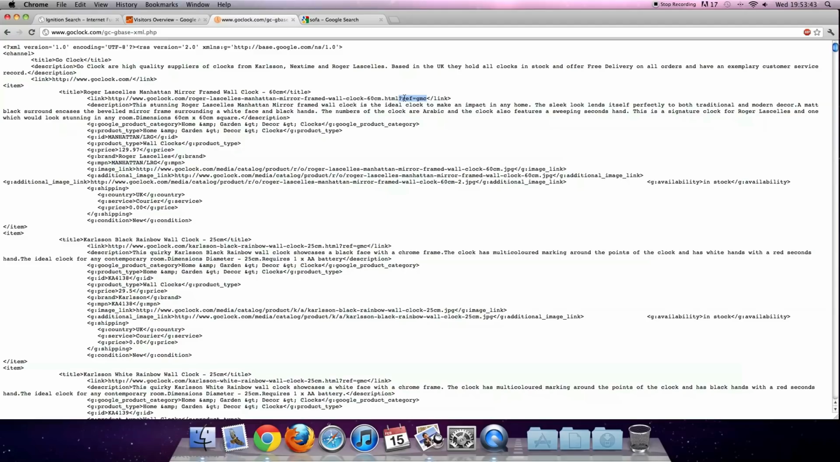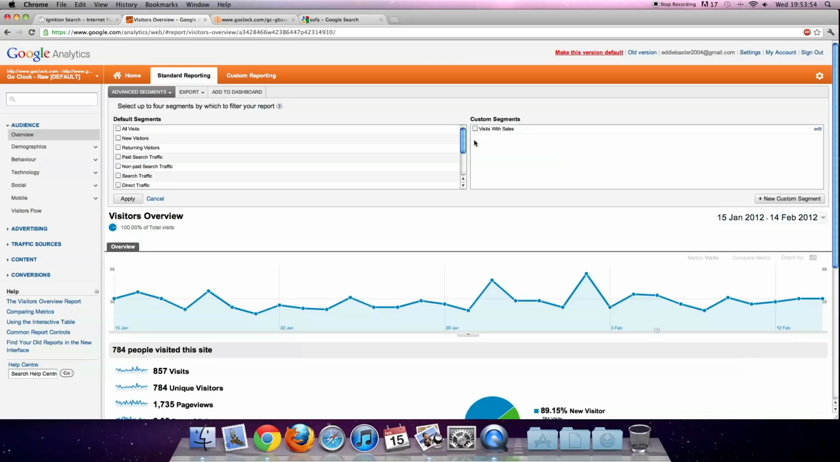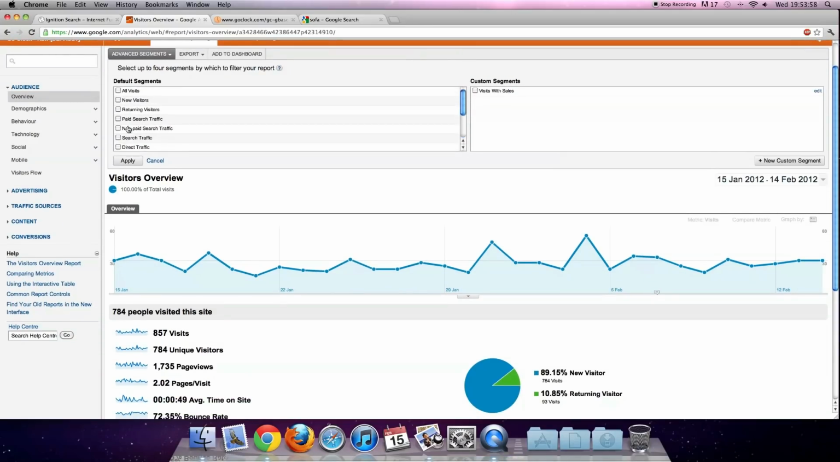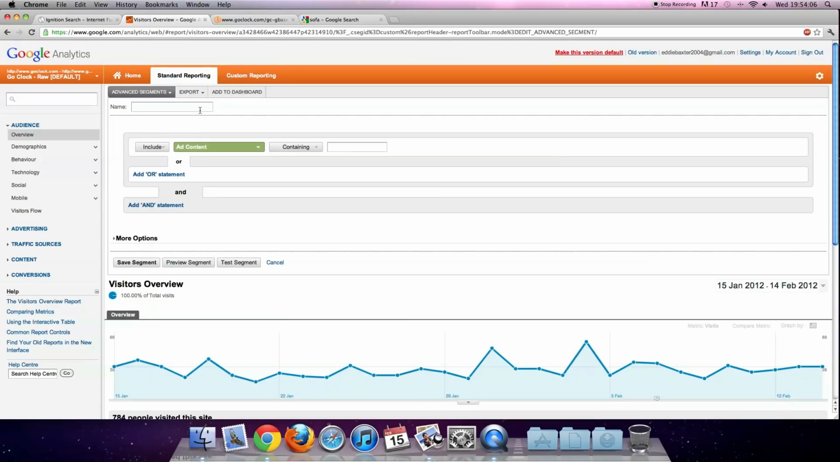And what we can do then is go into our analytics and create something called an advanced segment. So we'll do that now. So I'm in the website's analytics. If I click the advanced segment on the top of any page, I can see now that I've got my default segments that Google provides, and I've also got some custom ones. So what I'm going to do is add a new custom segment in the bottom right hand corner. And what I want to call this is Merchant Center,